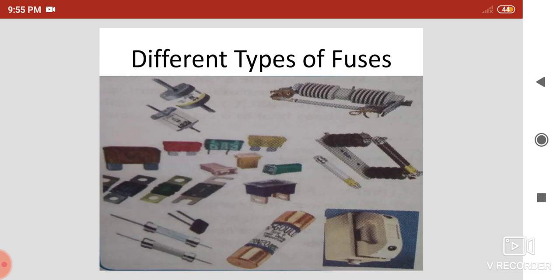This fuse contains a wire called the fuse wire, which is used to protect domestic appliances. It is made up of a mixture of substances and has a specific melting point. It is connected in series to the electrical appliances. If for some reason the current in the circuit increases excessively, the fuse wire gets heated up and melts. The circuit gets broken and the flow of current stops. Thus, the fuse protects the appliance.